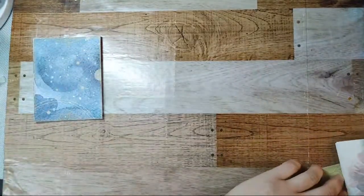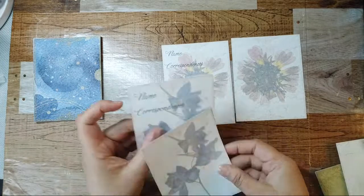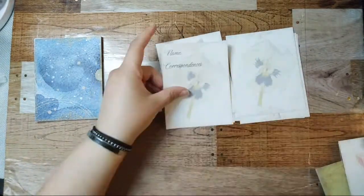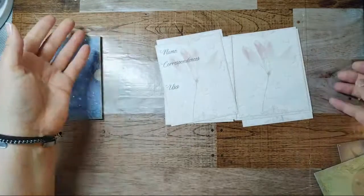And then there is a set of flower ones, of course. So like I said, this one has name, correspondences, uses. And these are really pretty. I'm gonna carry on with that soft